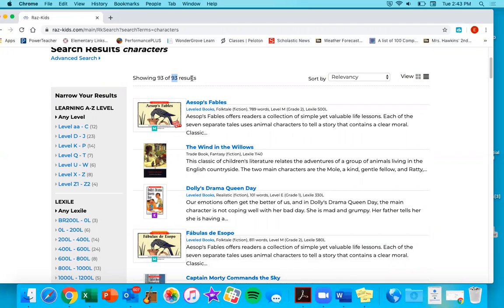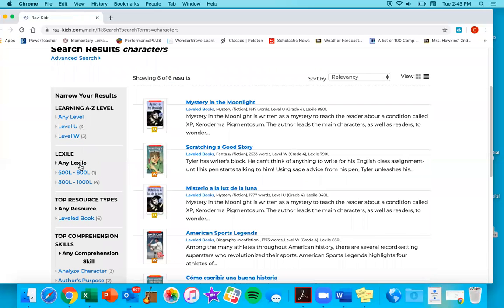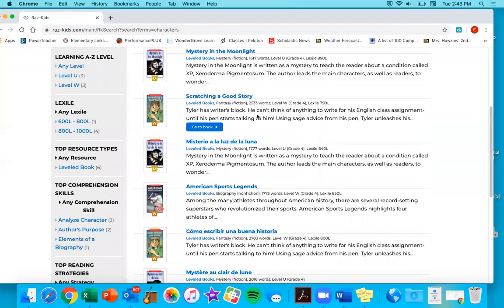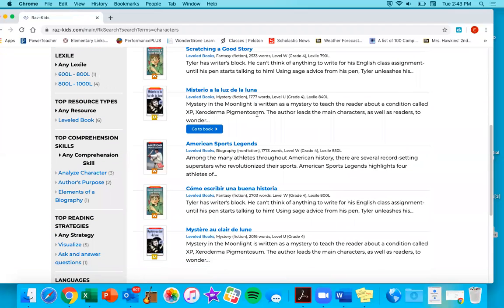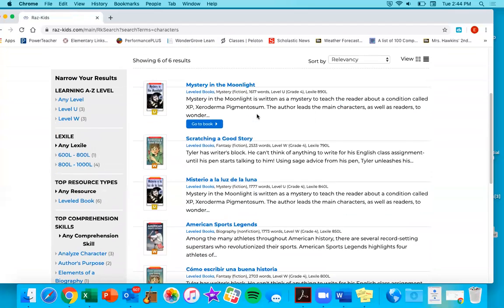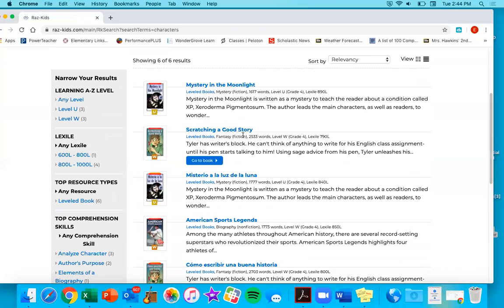That's when I had my little sheet handy with my groups and the leveled range they were at. For instance, that group of Adrita, Will, and Molly were on like U, V. I can go over on this side and click on U to W, and I can look through and see if any of these books might fit that skill. And since we're trying to look at fiction,